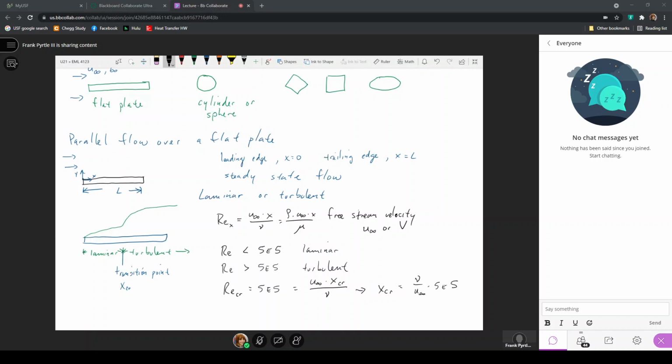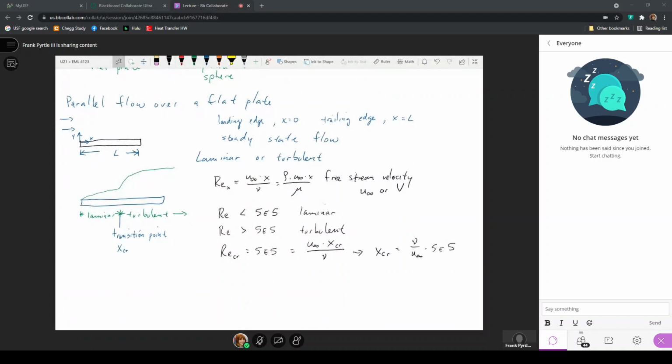And that's important because, as I've started to present, there are correlations used to find the heat transfer coefficient when we're in the laminar section, and also when we're in the turbulent section, such that the heat transfer coefficients are highly dependent on whether the flow is laminar or turbulent. Now, this green line that I've drawn is an indication of the velocity boundary layer, in that this expression of laminar or turbulent has to do with the hydrodynamic part of the problem, such that the velocity boundary layer,